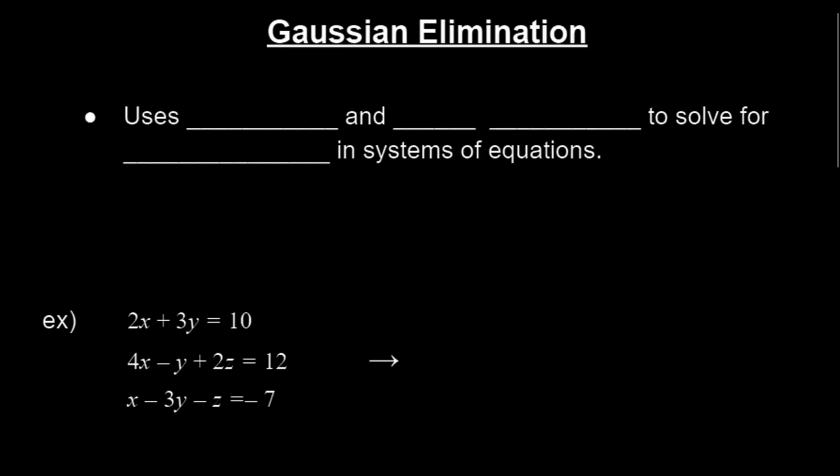This guy Gaussian realized that when you have 2, 3, 4, 5 infinite variables, a way to solve the systems is using matrices and row reduction. It basically is a really vamped up form of the elimination we learned last class. So he took the elimination that we learned last class and did a whole bunch more to it to solve bigger systems. So it uses matrices